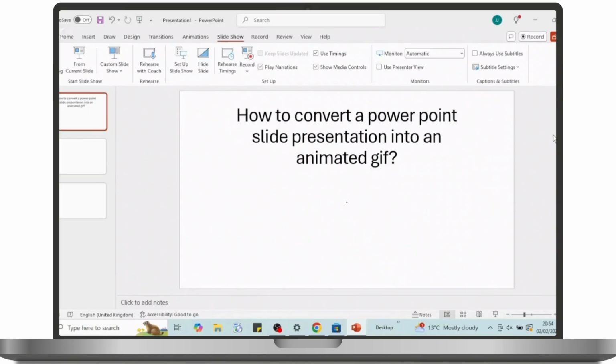In today's video, we are going to show you how you can do that, so without any delay, let's just get started with the process. For that, you can just go ahead and open up a presentation in your PowerPoint. And once you've opened up your presentation, what you can do is simply head over to the file at the